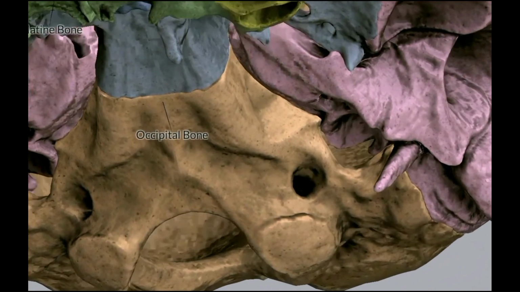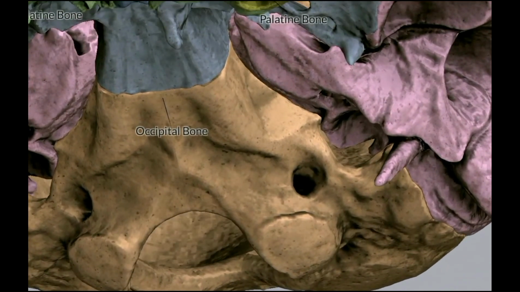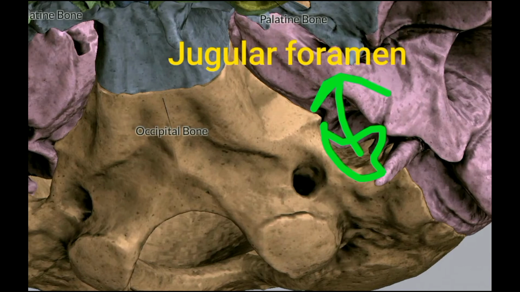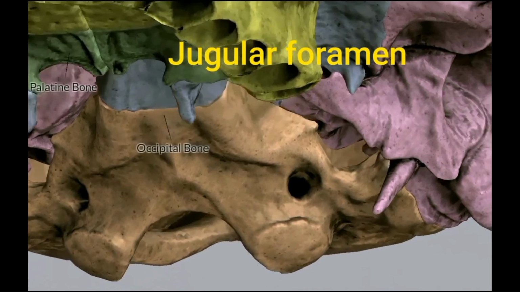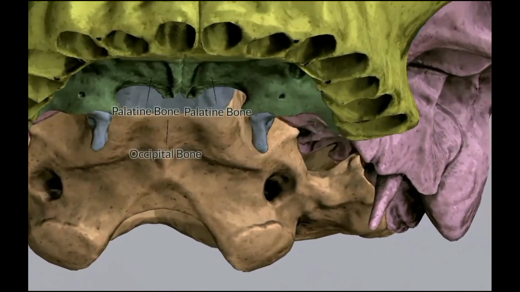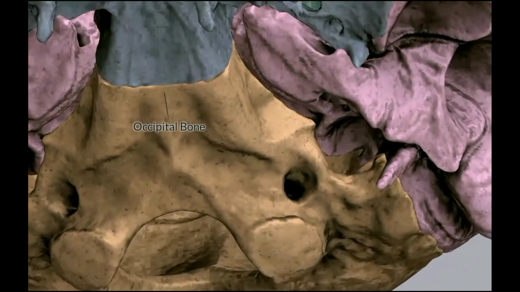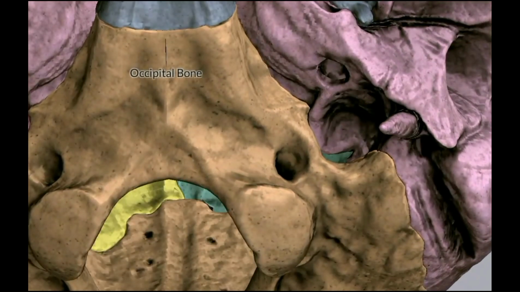That is the jugular foramen. You will see now the outline of the jugular foramen. It is transmitting the inferior petrosal sinus, internal jugular vein, and the 9th, 10th, and 11th nerves. So these many structures pass through the jugular foramen, and it is important because just in the lateral wall of the jugular foramen,